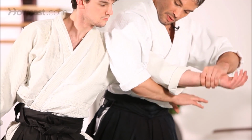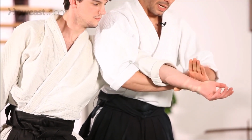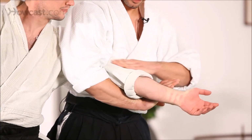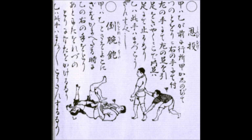Here is the stand-up variation still being done in Aikido today. You squeeze and lift your elbows up and get the tap. So it's a classical move still being done at a high level of competition today. Here you see, this is not your Tenshin Shinryu, that scroll that I've shown multiple times from the 19th century,